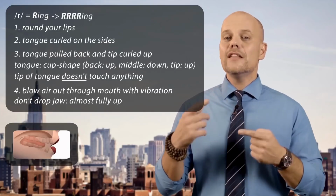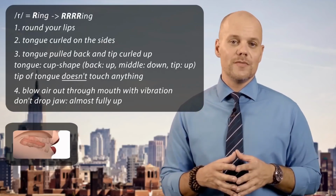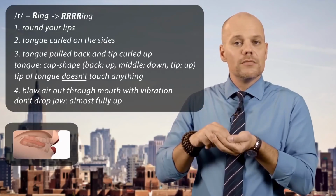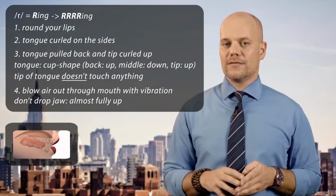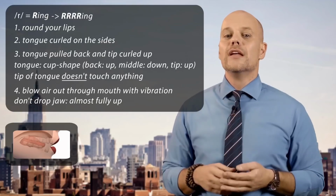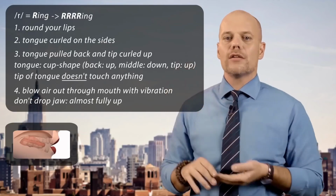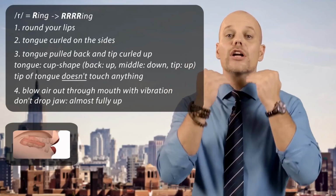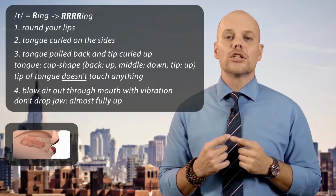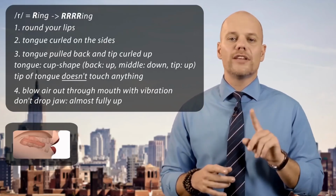Ring. Saying the R long will give you time to focus on the tongue and lip positions. Remember to hold the small ball in the cup that is your tongue. Pay attention to 4 things. That the tongue is pulled back towards your throat, that the tip of your tongue is curling up but not touching your upper teeth or the roof of your mouth, and that your jaw is up and that your lips are a little rounded. You should say a consonant sound, r, not a vowel sound,